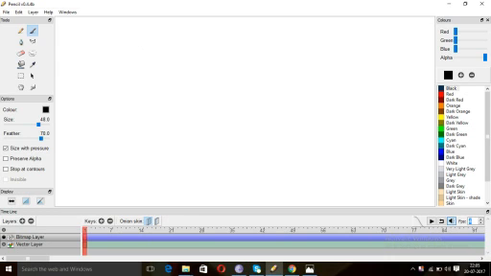Now you have to click on file, new, and okay, now we have cleared the new box and a dialog box will appear like this.